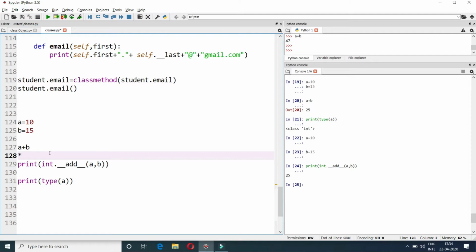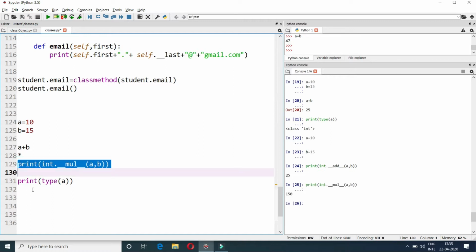So again, you need to understand that behind the scenes something is happening when you print the statement a star b. So what is that? It calls a magic method again, and this time the magic method is mul, for multiplication of two integer values a comma b, right? And let's see if it gives the result or not. Here the result is 150 and it's correct.